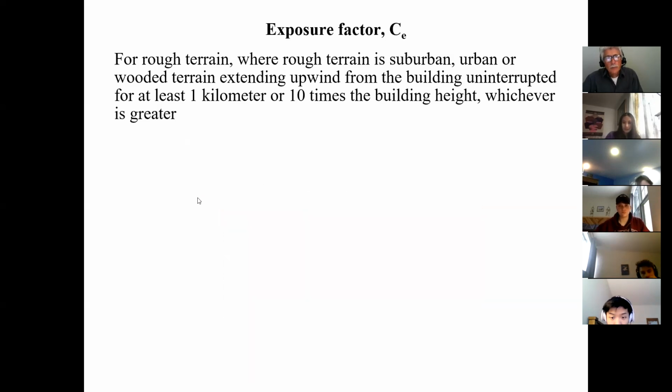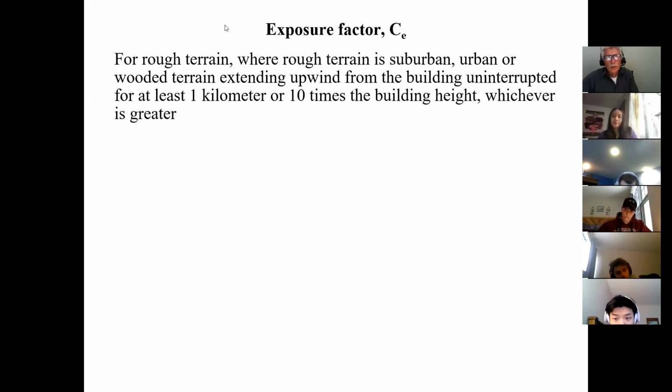Now, for rough terrain, here's a definition of rough. Rough terrain is suburban, which means where you're living right now, or urban, in other words, downtown Montreal, or wooded terrain extending upwind from the building uninterrupted for at least 1 kilometer or 10 times the building height, whichever is greater. In other words, if you have this rough terrain around you, with other buildings, trees, and other things that will slow down the wind,